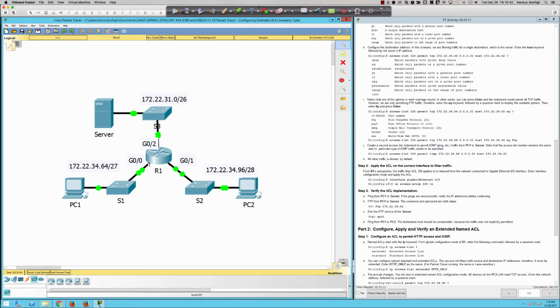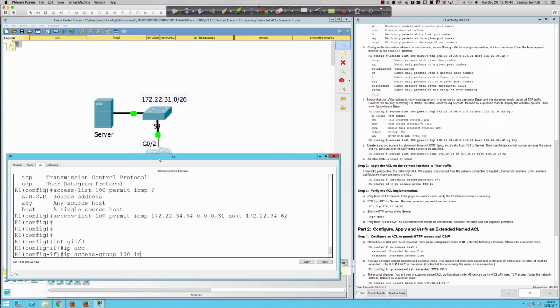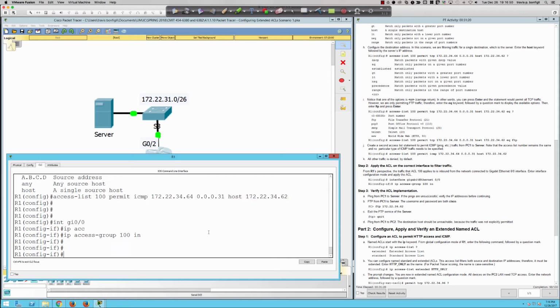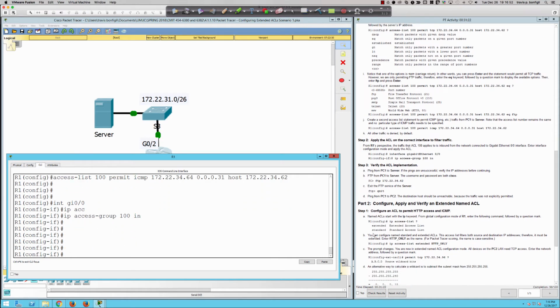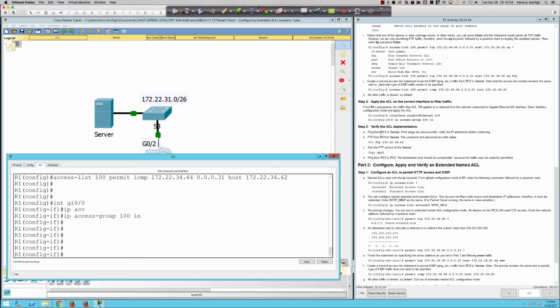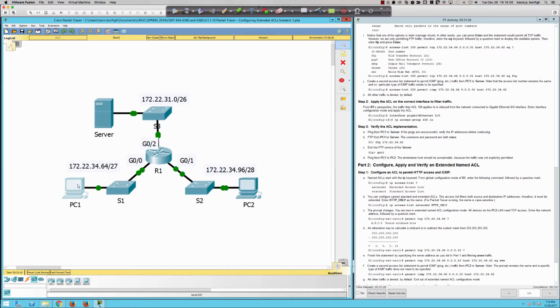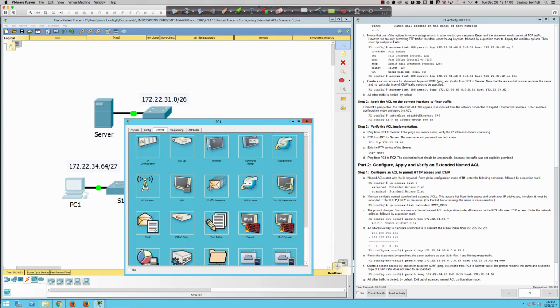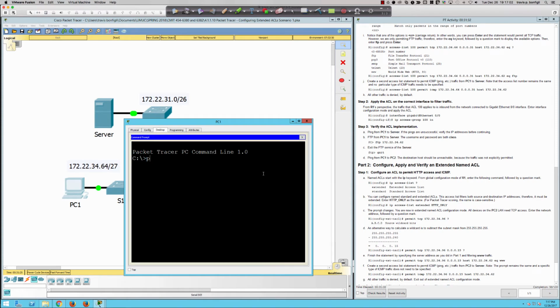So we're putting it here on this interface in the inbound direction. So let's pull this up and put it in, and we're probably going to see a few points for that, and we do. Now we need to do some testing. So from PC1, I'm going to ping the server. So let's pull our desktop up and let's come over here to the command prompt, and I'm going to say ping